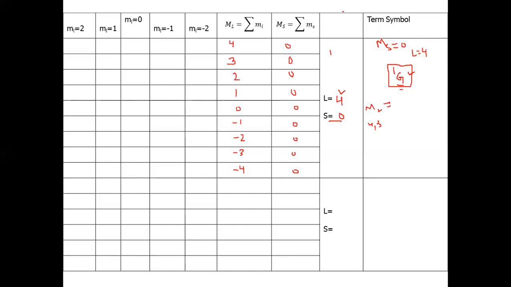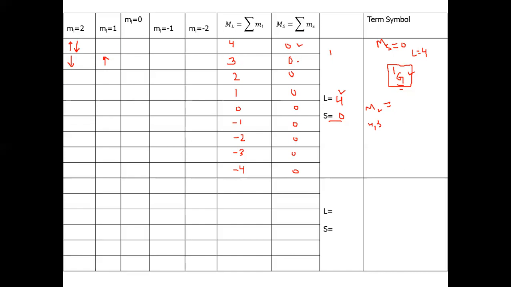Now let us try to find the microstates. As ML is 4, it is only possible when two electrons are present in the orbital with ml equal to +2. Two electrons, 2 into 2, 4. So ML is 4. The second thing is MS has to be 0, so these electrons should have opposite spin. Now we will start from here. Next we need a microstate with ML 3 and MS 0. What can we do? Keep this electron here and move this electron to here. What do we get? 2 plus 1, 3. So ML is 3, and the electrons have opposite spin.